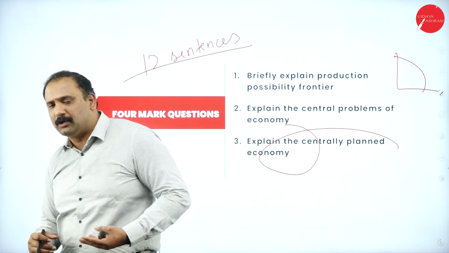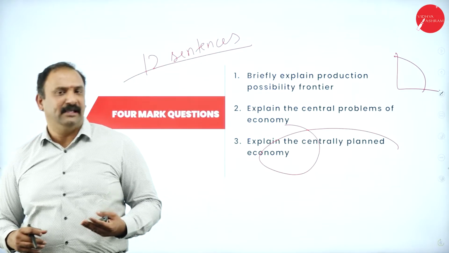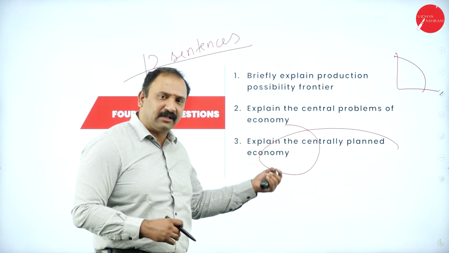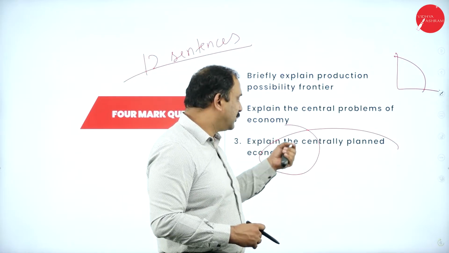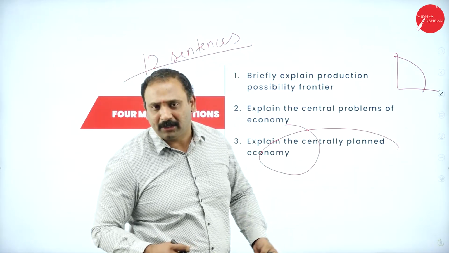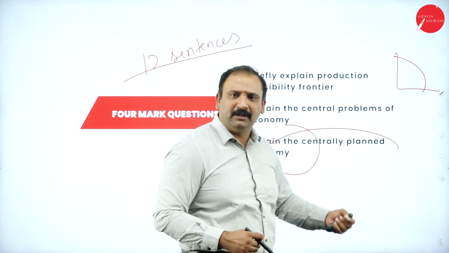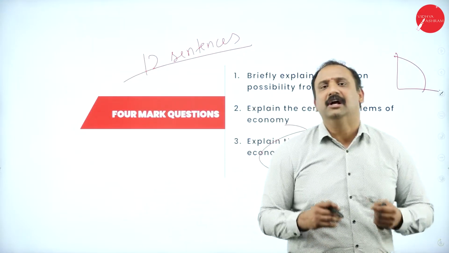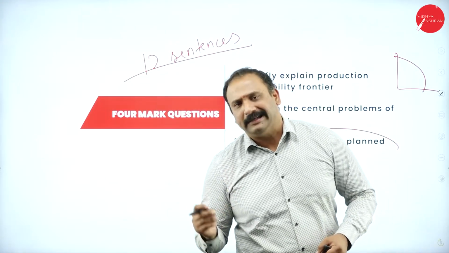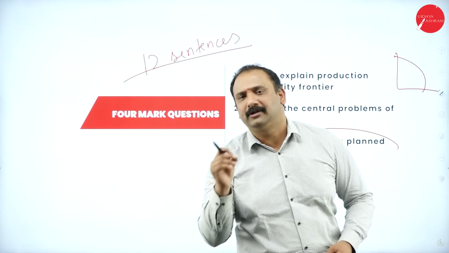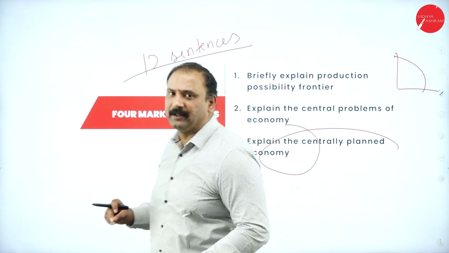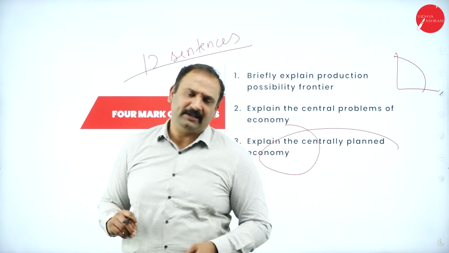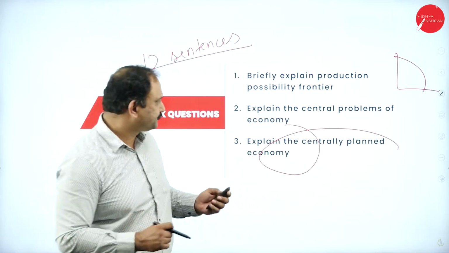The consumer will not be able to get whatever he wants, because the central government dictates the terms and methodologies here. So that's what we call a centrally planned economy. Just to give you an example, when you look at a country like North Korea, this is completely a dictatorship or a government controlled country where all the options for the people are completely controlled by the central government itself.